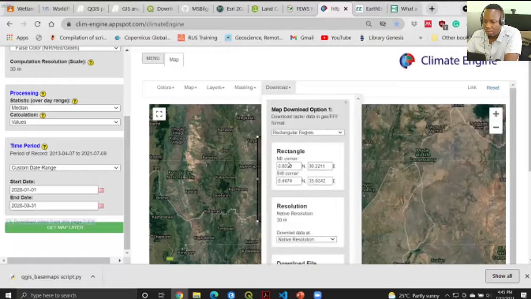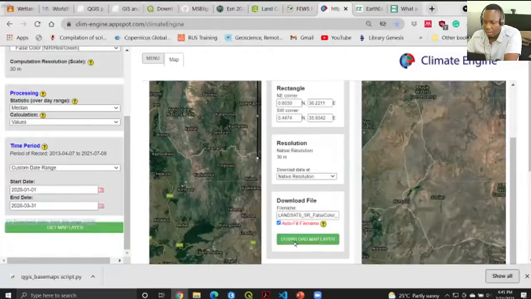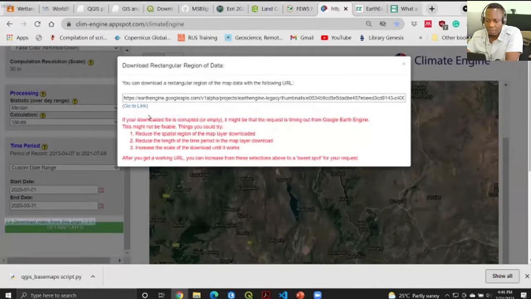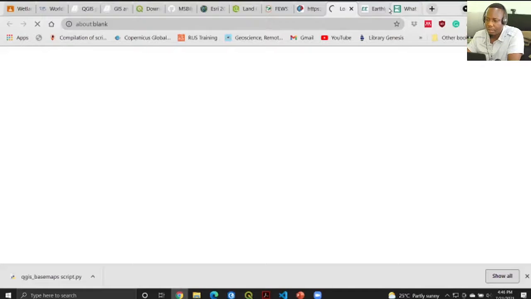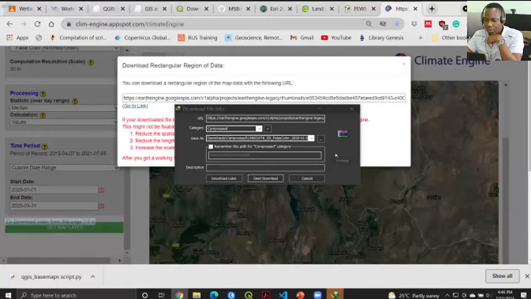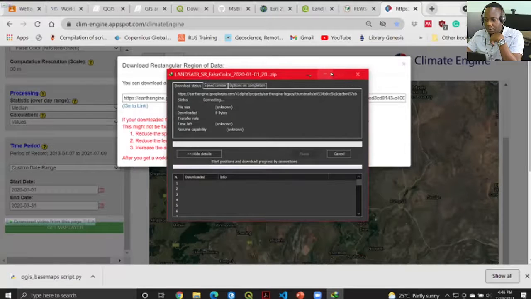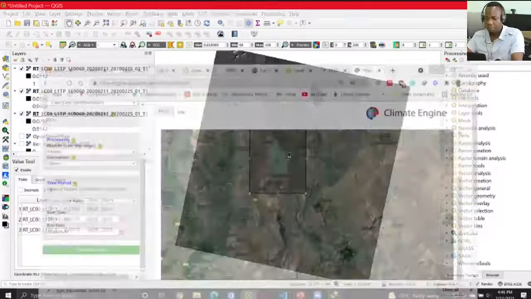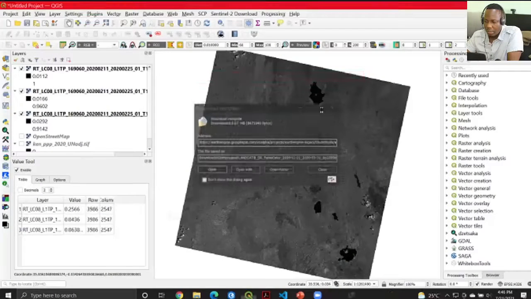So when I click on download, I scroll down and be able to download my layer. I hope this time it's not beyond the exceeded pixel requirement amount. So I should be able to download my data set. Okay. It's going to take its time. So quickly, let's go ahead and also